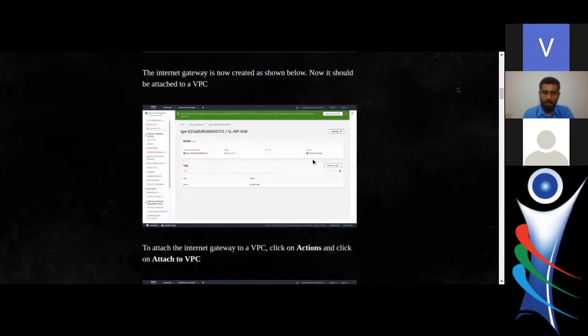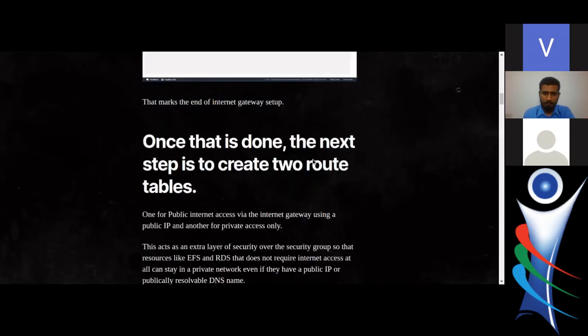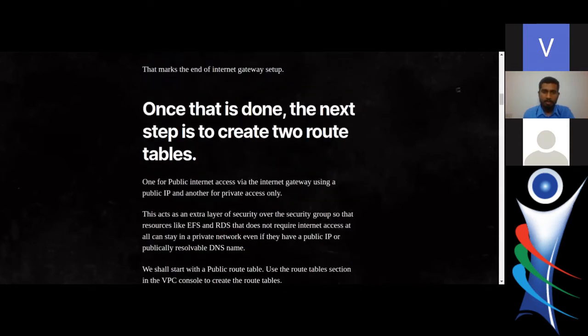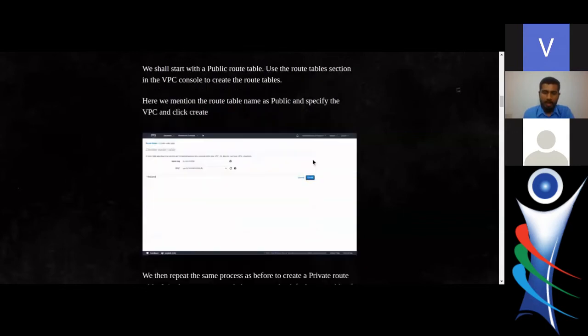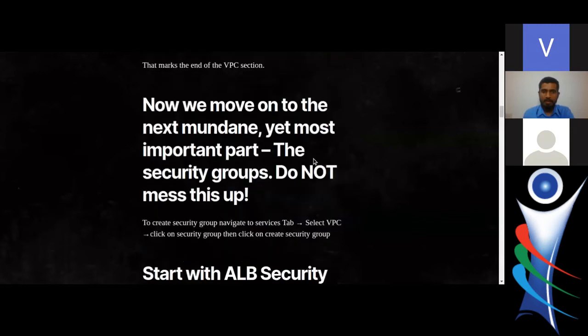And then you set up everything like internet gateways. You create two route tables. This is important because you have to have a public and a private route table. As a best practice, it's always best to not use the default route table that we have in the VPC when we create it. And then we do the basic things like setting up which route table is public, which goes to the internet gateway, and the other to the NAT gateway.